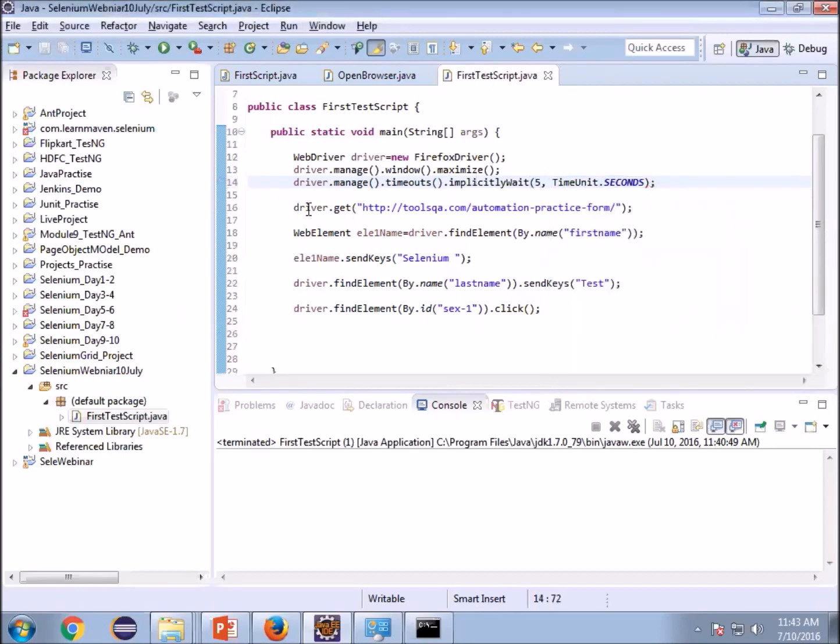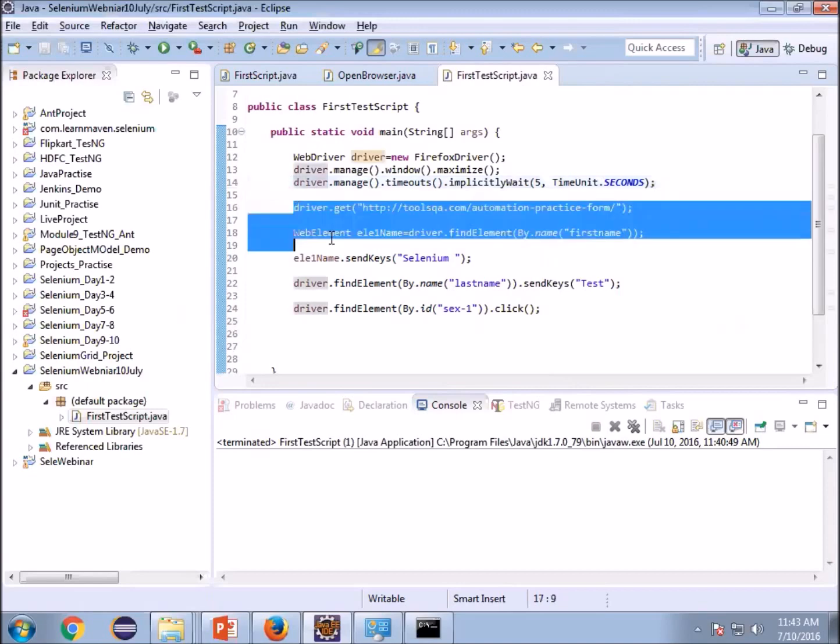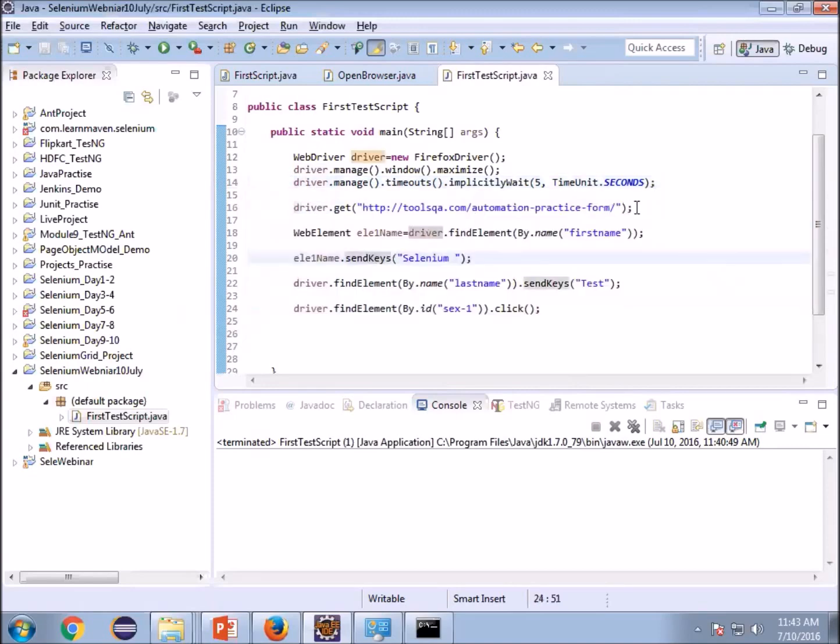So what this line will do is it will sync all these lines. If this is taking too much time, it will wait for a maximum of 5 seconds, and it will throw you an error, like boss, it is taking too much time. As per expectation, it should load in a maximum of 5 seconds. If it loads in 2 seconds, it will not wait for 5 seconds, it will go to the next line.